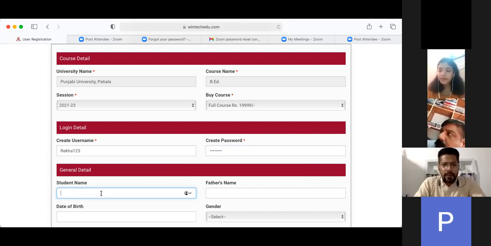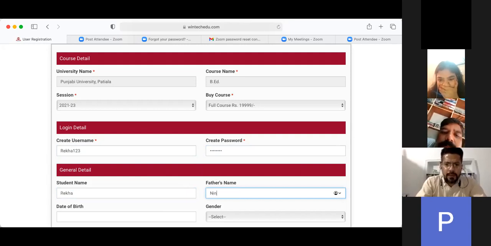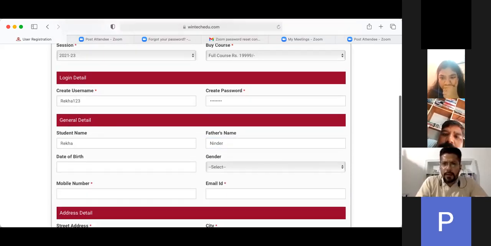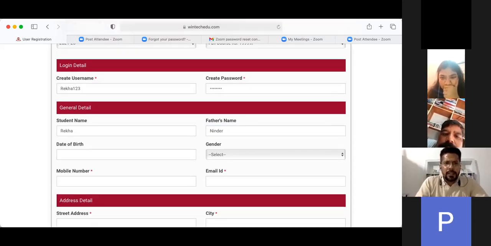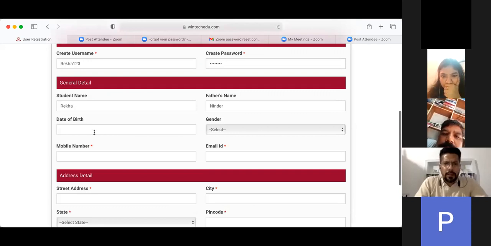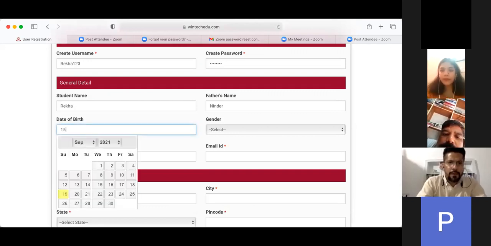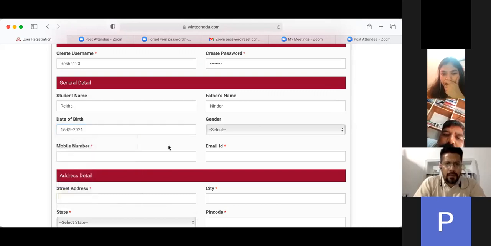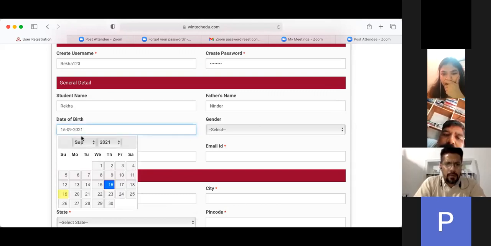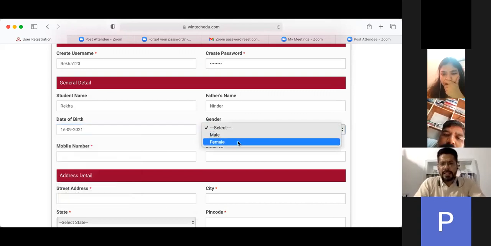Now the student name is Rekha. Father's name is Inder, and the date of birth we choose here. Move the screen up a little, sir. So I am going to put the date of birth as 15/07. This is just for example.